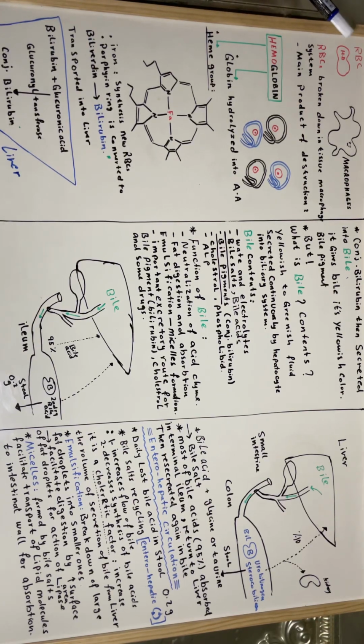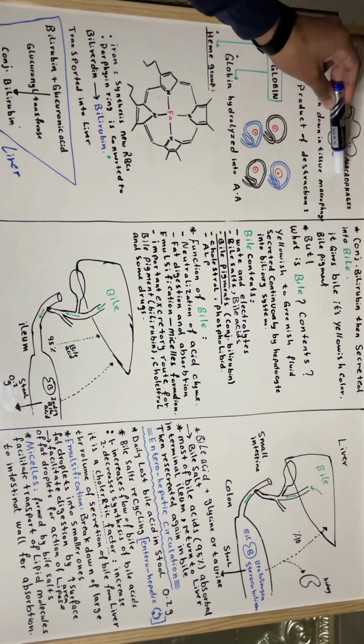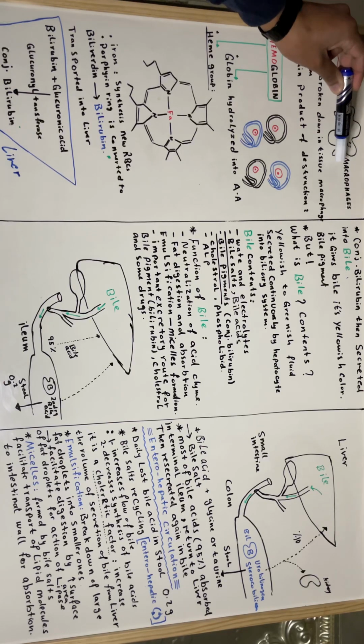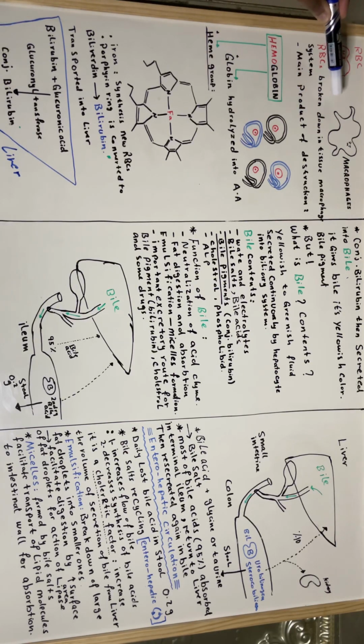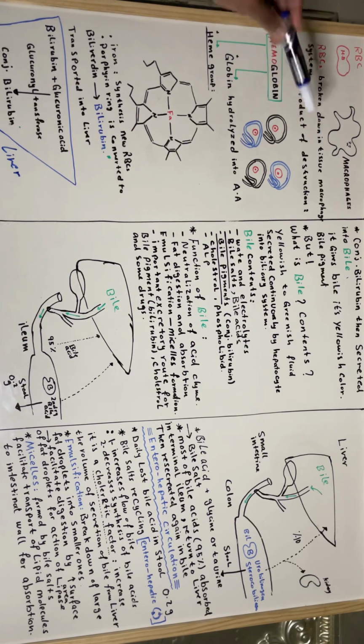So a red blood cell has a lifespan of 120 days. After these 120 days, or even if we have an abnormally shaped red blood cell, it's catabolized through the reticuloendothelial system, or what we call the macrophage system. So the RBCs are then broken down in the tissue macrophage system, and the main product of destruction is the